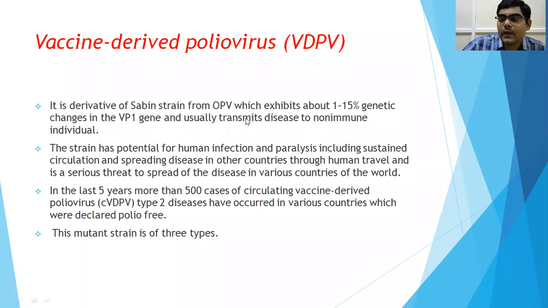That's why surveillance goes on in every place; they will select some places. In Telangana in 2006, from a sewage sample, the surveillance took place and they detected VDPV, vaccine derived polio. So they have given IPV to almost 4 lakh people living in Telangana. We already learned that vaccine derived polio virus and vaccine associated paralytic polio can be overcome only by IPV, that is inactivated polio virus. And this mutant strain is type 3.